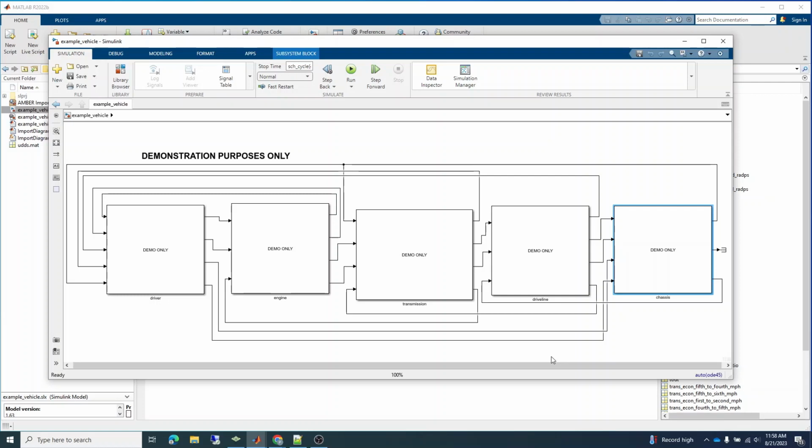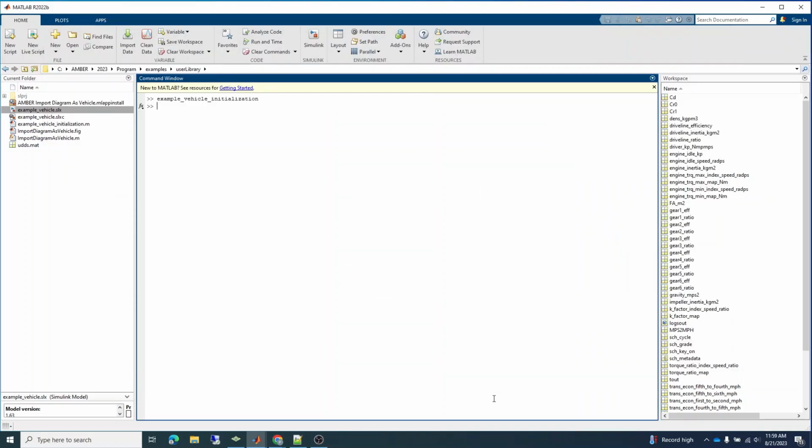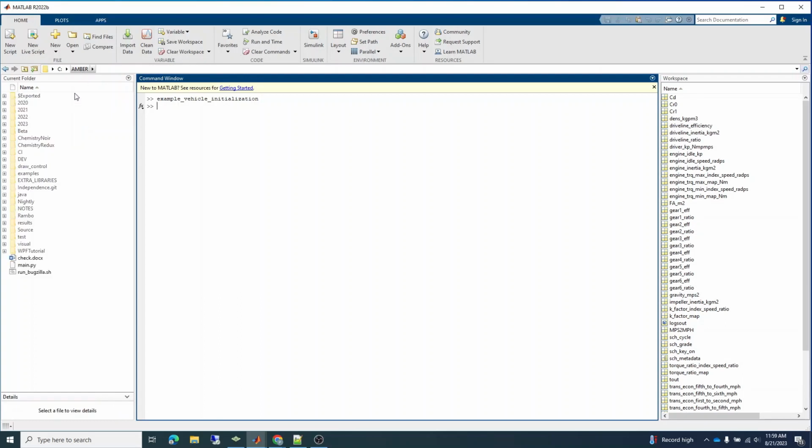That's allowing the user then, if we break up the Simulink diagram into individual components, to import those individual components and then view those models in the Amber workflows, be able to select the models and choose different models if we had alternates. So this is stepping through that process of taking a Simulink diagram, breaking it up into component models, and then importing them. So we'll start by going to